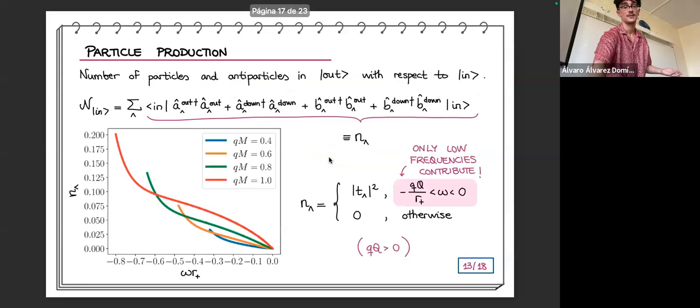Okay? And this gives us how much it is excited, how many particles and antiparticles are there, how much is the content of the quantum creation. So if this magnitude were 0, then we wouldn't have any particles created, because this is the number of particles created. But this magnitude is not 0. That's what we find, because we have particles and antiparticles created.